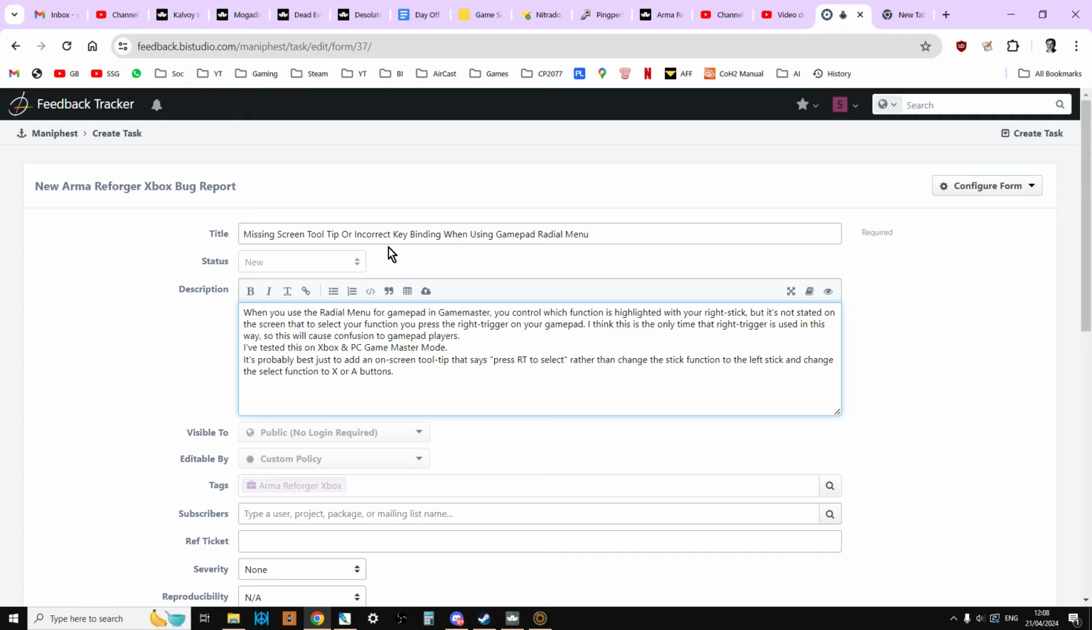Missing tool, screen tooltip, or incorrect key mapping when using gamepad radial menu. When you use the radial menu for gamepad in Game Master, you control which function is highlighted with your right stick, but it's not stated on the screen that to select your function, you press the right trigger on your gamepad. I think this is the only time that right trigger is used in this way, so it will cause confusion to gamepad players. I've tested this on Xbox and PC Game Master mode. It's probably best to just add an on-screen tooltip that says press RT to select,